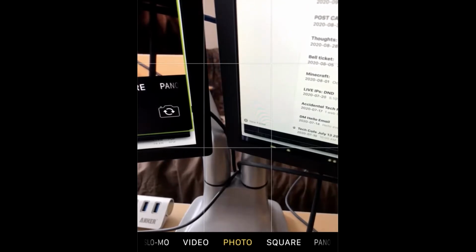So the next one over is live photos, and that will record a short video instead of taking a picture. I think it's 2 or 3 seconds, I forget which. They drive me crazy because I specifically want a photo when I take a photo and a video when I take a video. Your mileage may vary, but this is where you just turn it on and off. As soon as you click that puppy off, it's gone.